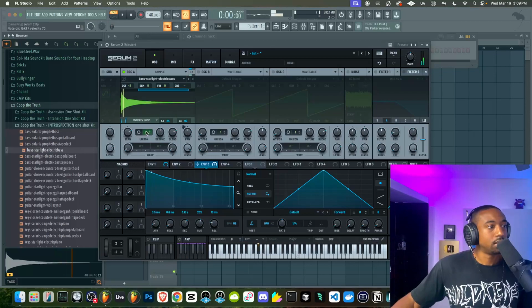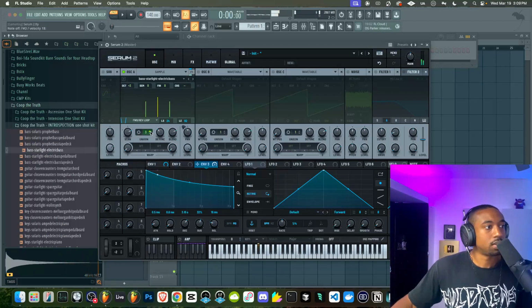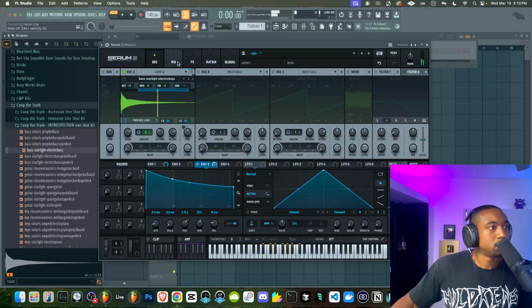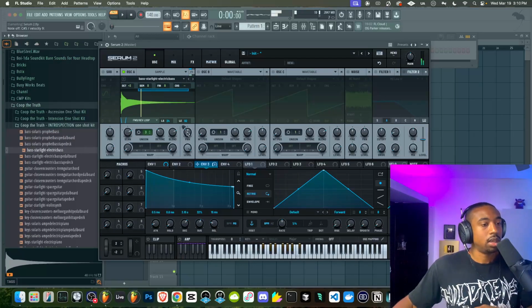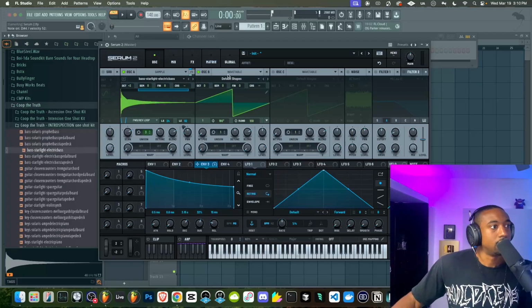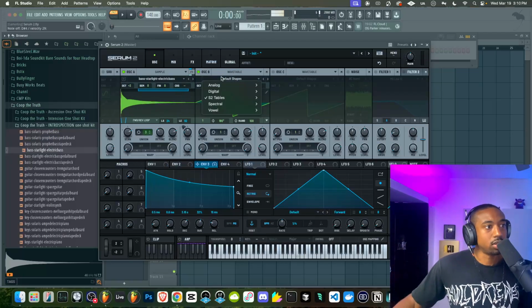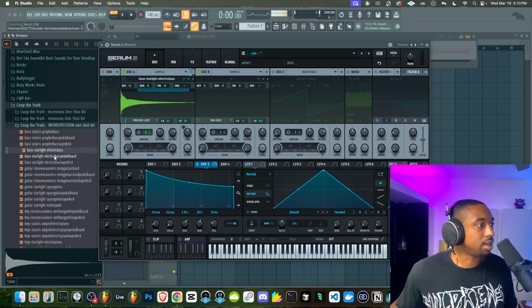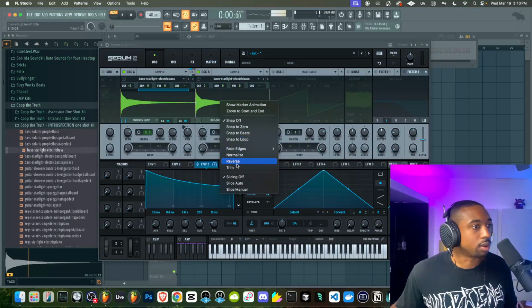Let's add some unison. Pretty cool sound. Okay, now what else can we do? My ear wants to hear more stuff, so let's add. Now, Sawtooth kind of takes away all the attention from the other sound. So let's go to a sample. Let's try the same sample, but just doing something different about it.